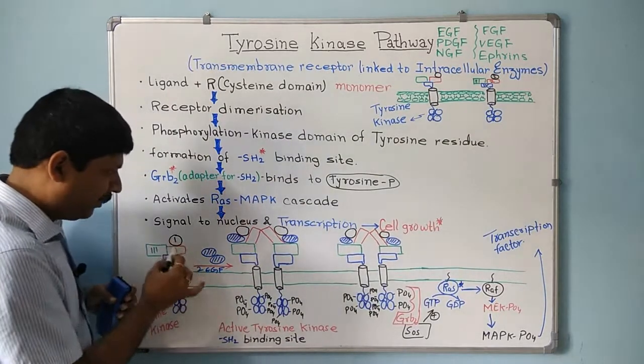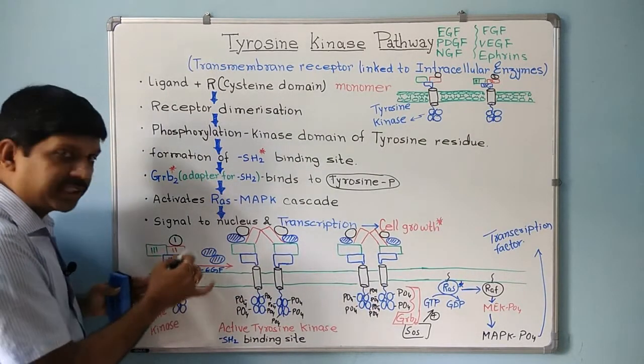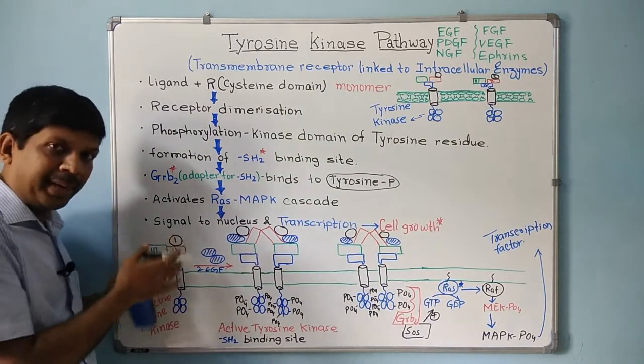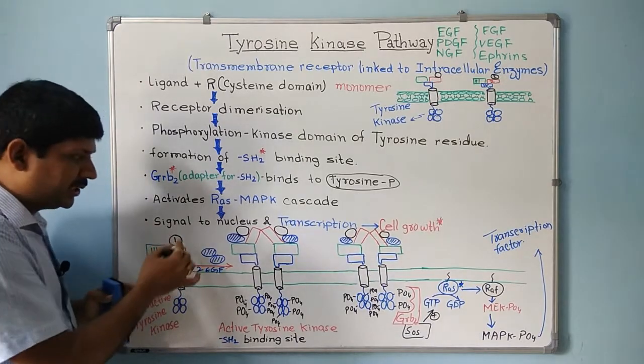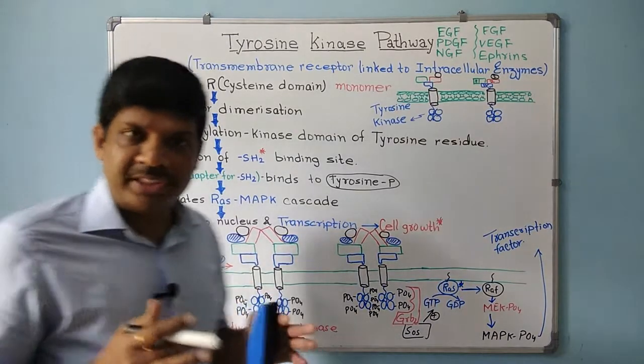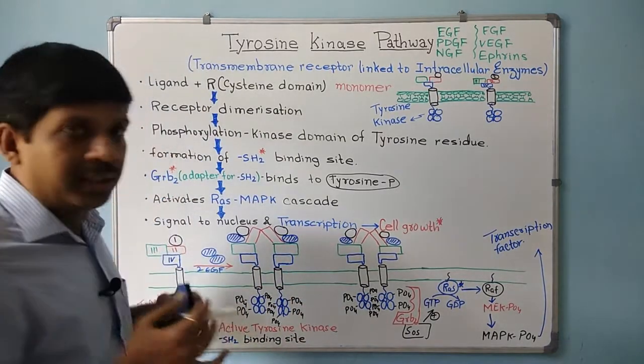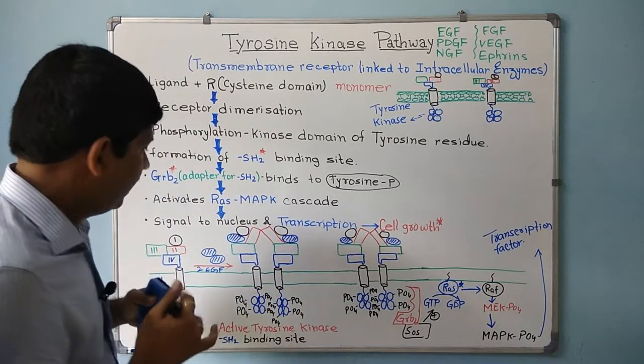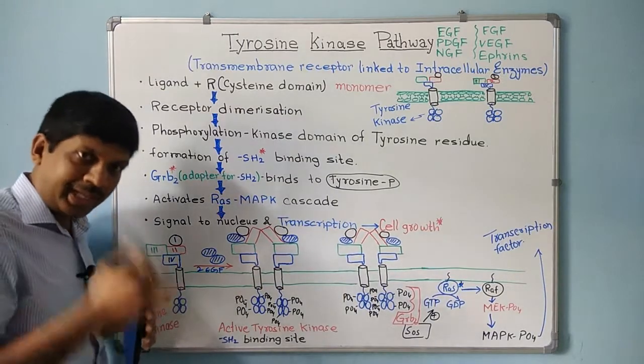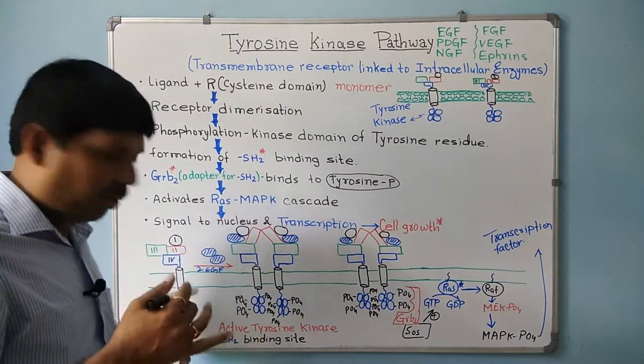So when the EGF binds, there is a conformational change in the structure, and the pattern and the positioning changes. So this is known as conformational changes. Conformational changes occur upon binding of the ligand with the receptor. Then what happens? That conformational change causes the